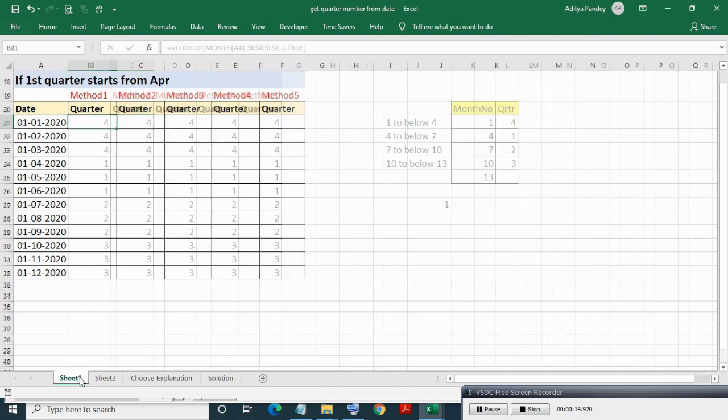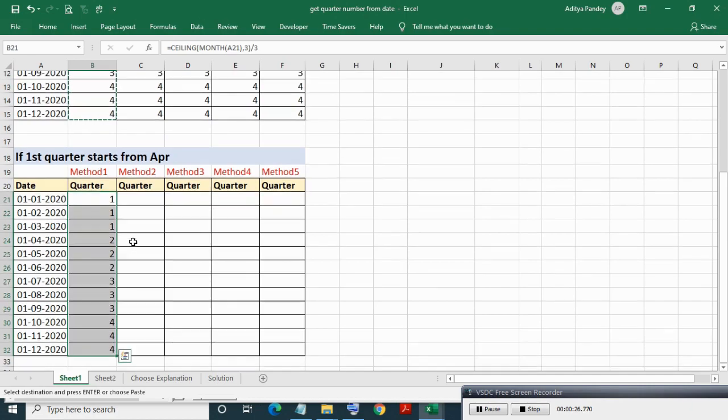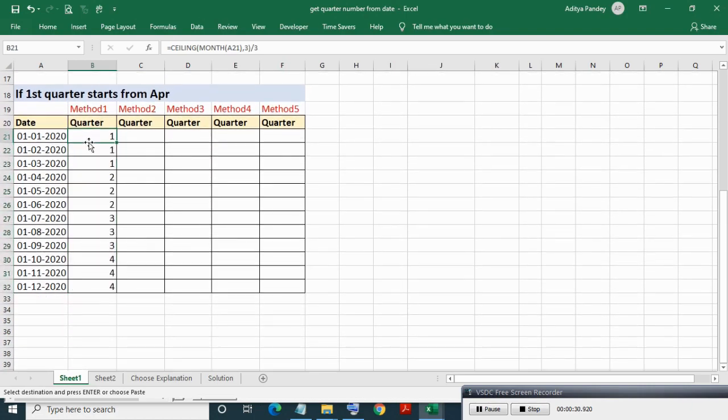Now for first method, we will copy formula from first case and do some tweaking. Here you can clearly see from April to December we can get correct quarter output if we subtract 1 from current output. Now you can see we are getting correct output from April to December.